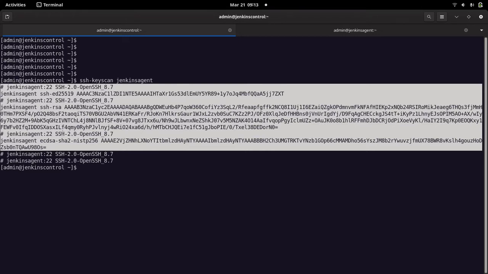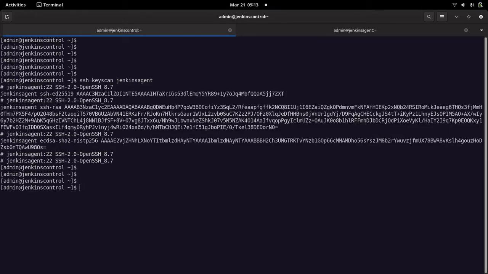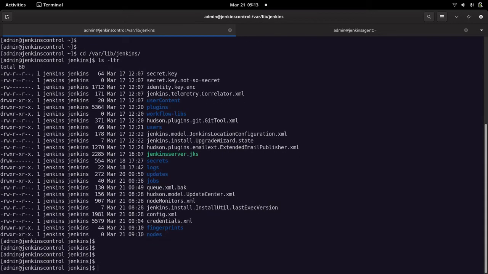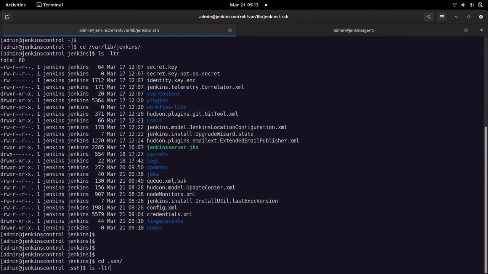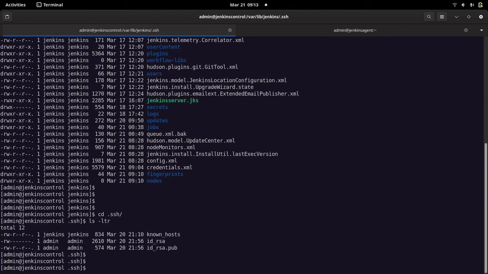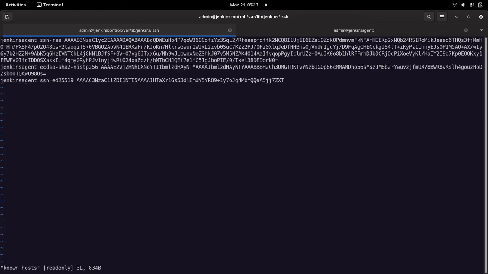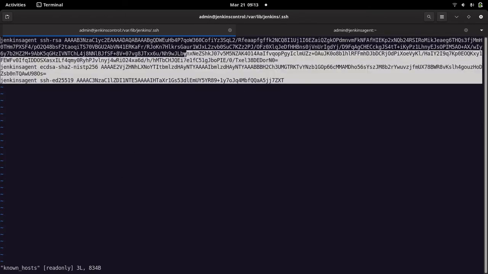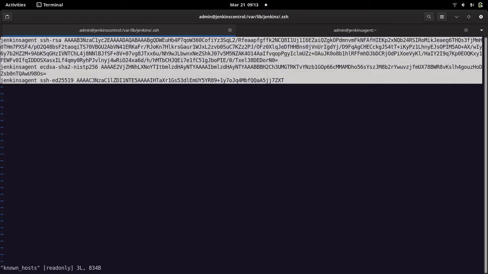This content we are going to copy and place in the /var/lib/jenkins/.ssh folder. We need to create this .ssh folder and place it in the known host file here. So these are the host keys that are provided by that command which we have placed in this file,